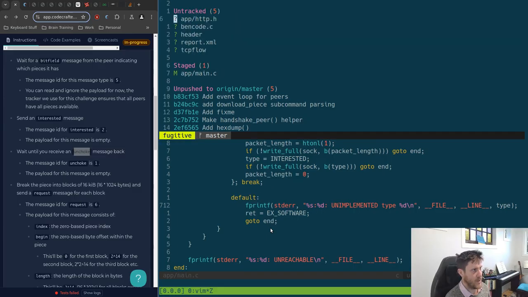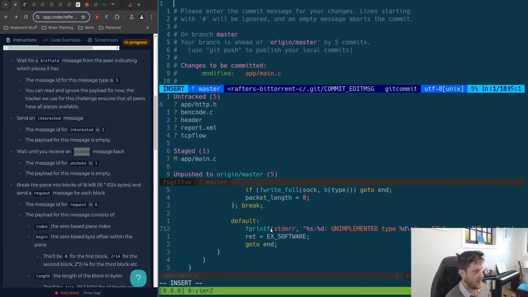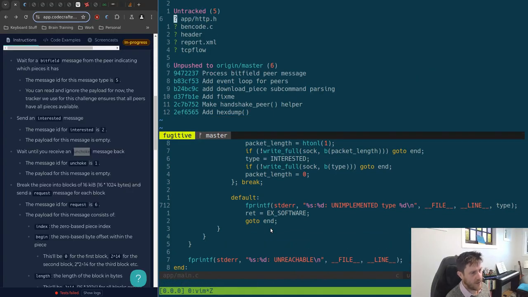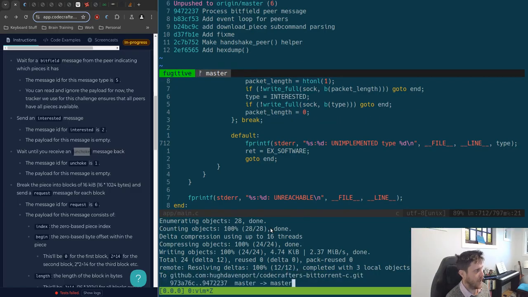So if we do that, process bitfield, yeah, message, because the next one is really just the next message. Now I probably should do git push, so we can push it to GitHub. We can also push it to this